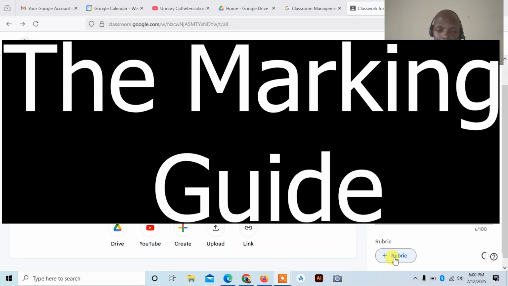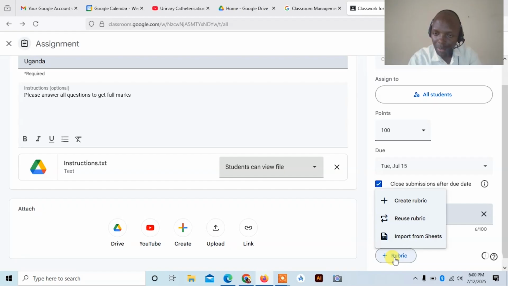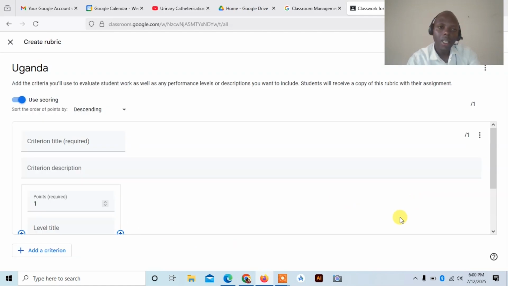let me create it. Now it will come attached to this exam, but it can be shareable throughout different exams, even through different tutors. Here there is create rubric, reuse rubric, and import. So you could say create or reuse. Let's create. Now when you will be assessing these students, maybe on research, in that long document of so many pages